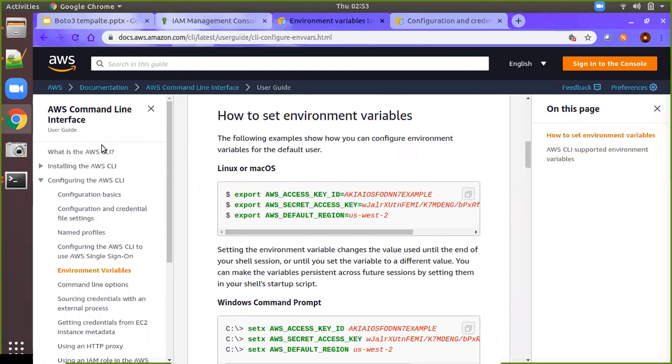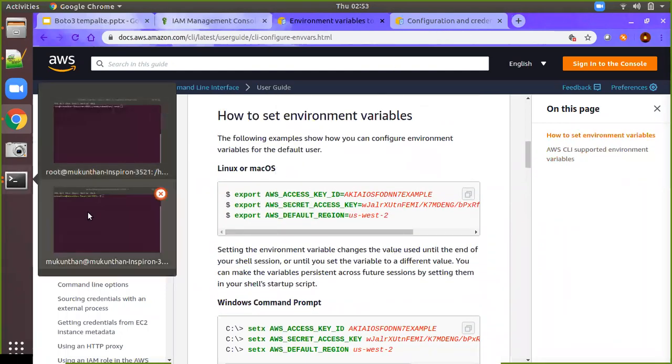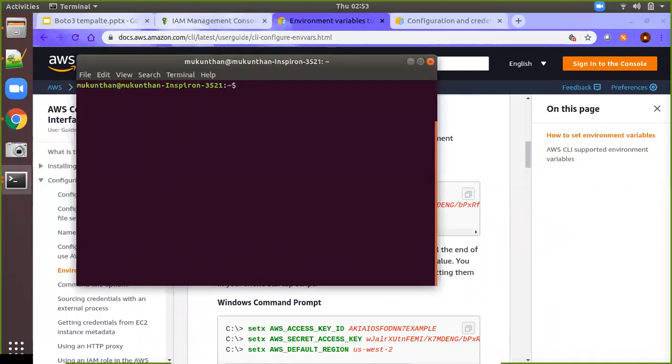Okay, so the next step is we'll go to the terminal. Just go to the terminal here and type aws configure, enter. I already have an access key, so I'm not going to give anything. But in your case, you will give the access key you copied from your AWS console. Then you will give your secret access key.